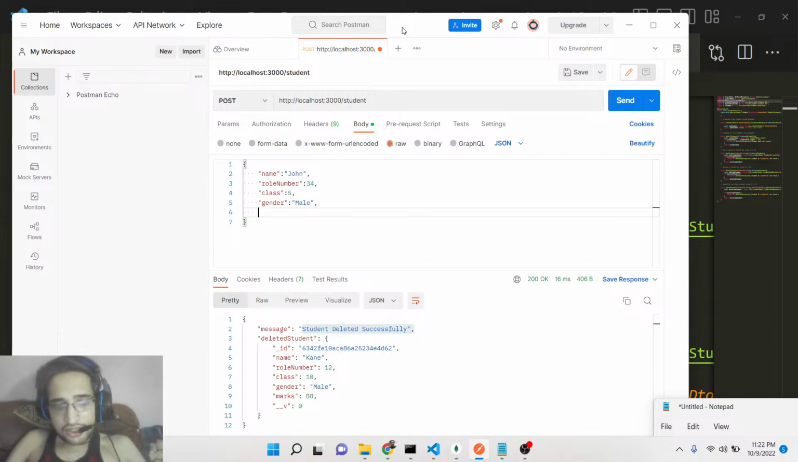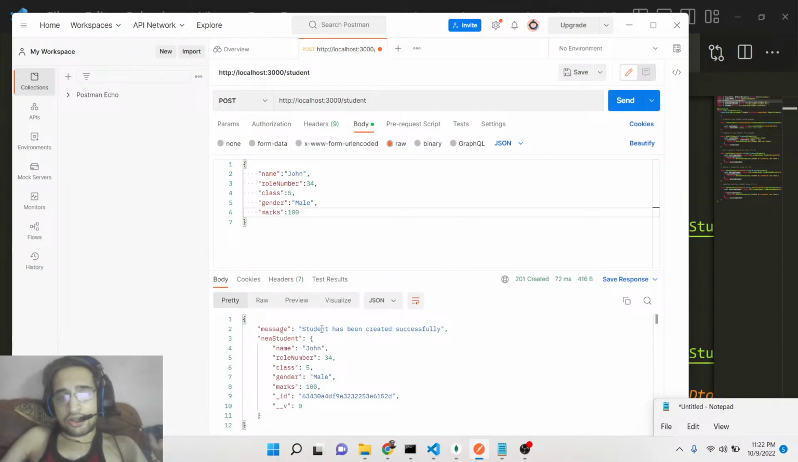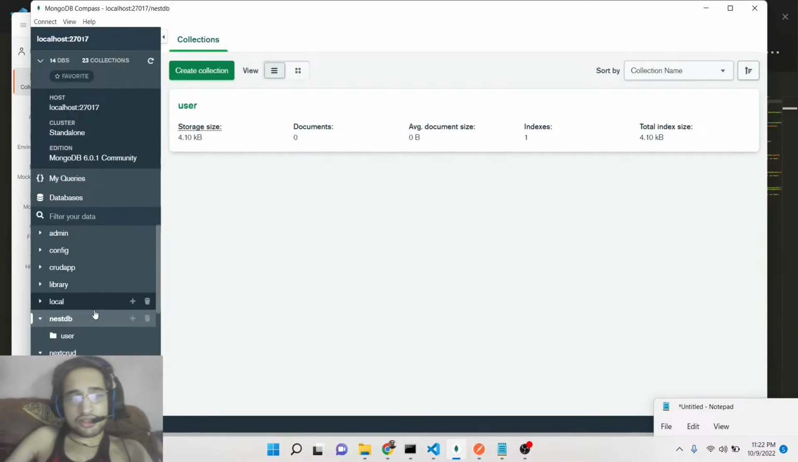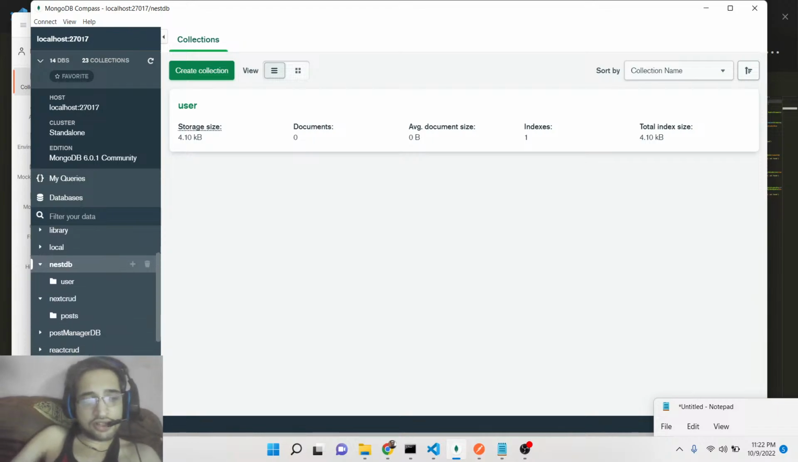Then I put a marks parameter which is equal to 100, and if I click send, basically now you will see student has been created successfully. If I check my database, this has the database which we have created, which is called